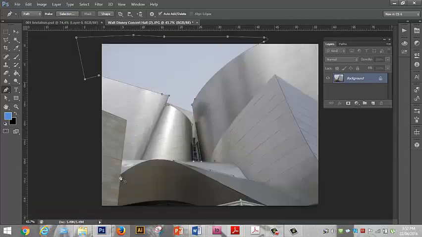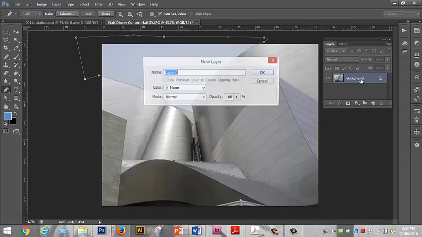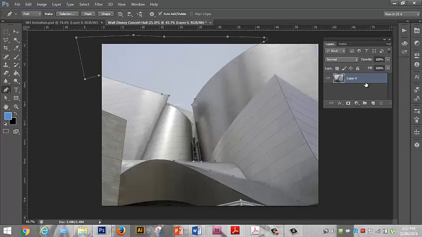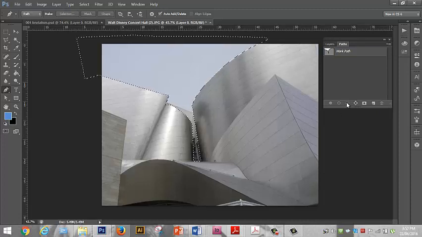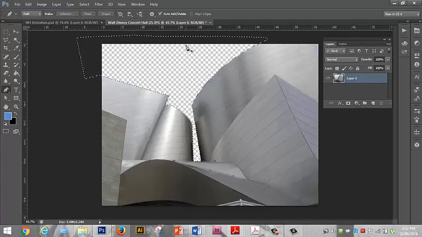Control 0. Okay, I forgot to actually turn this into a layer, so it's a locked background. So let's just double click on that, and now we can actually modify the background. We can delete all that stuff, including the building and the sky, or portion of that building, to make sure that we emphasize this interesting curve. Right, let's go to paths and turn on or load the selection. Once we've done that, back to layers, delete, and Control D turns off the marching ants, and add a new